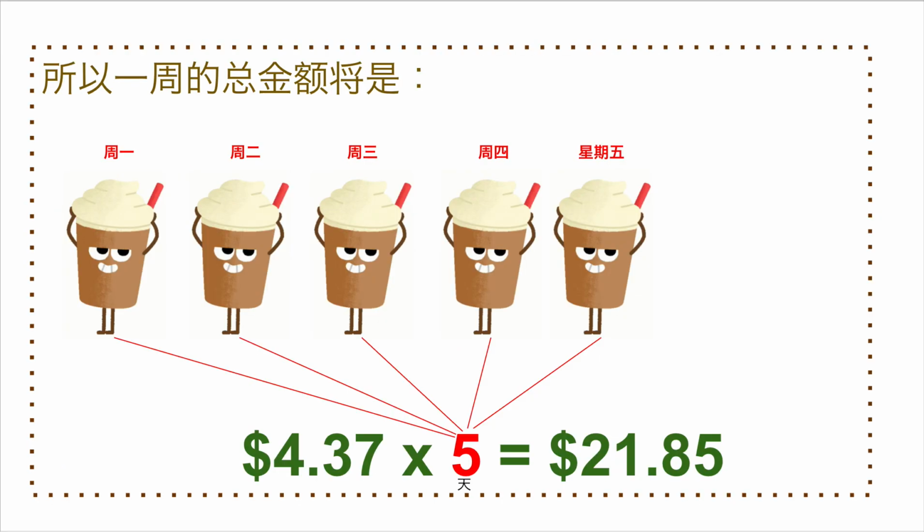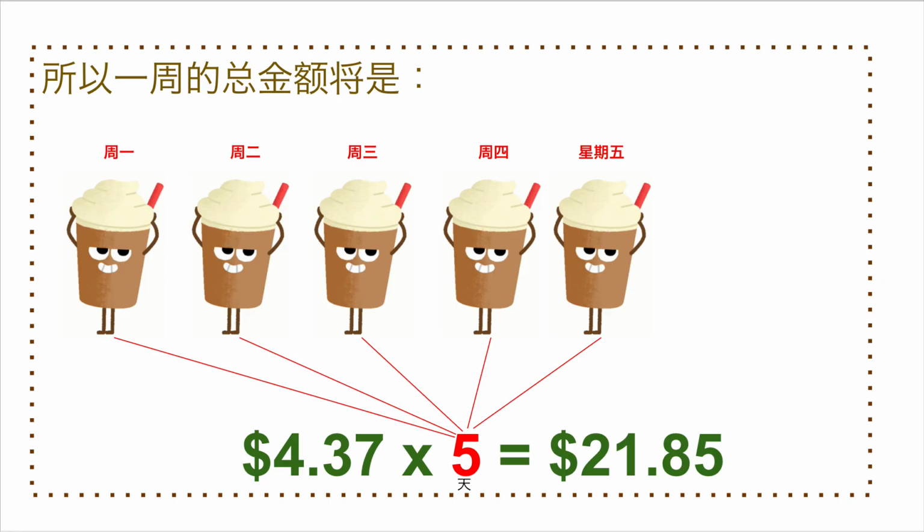So to know how much money he spends in a year, we first began by multiplying the amount of the coffee times 5, because 5 is the amount of days that he buys his coffee. So only 5 days out of the week he buys the coffee, bringing a total of